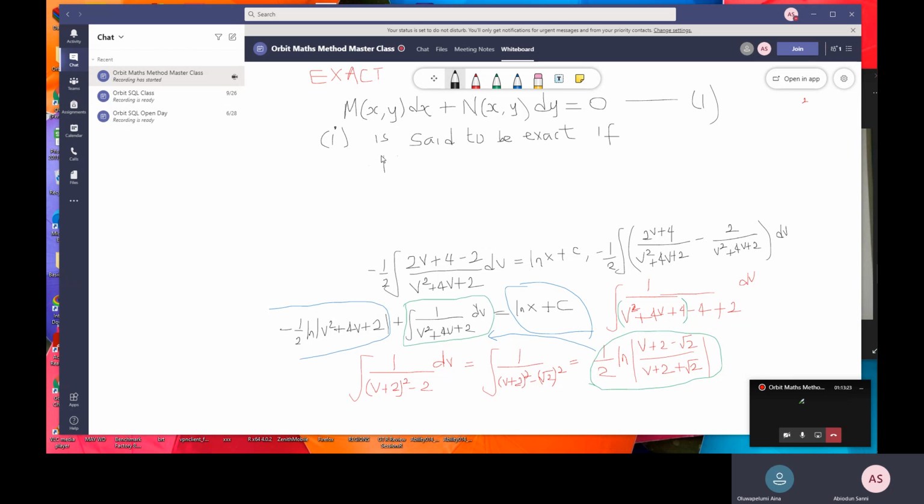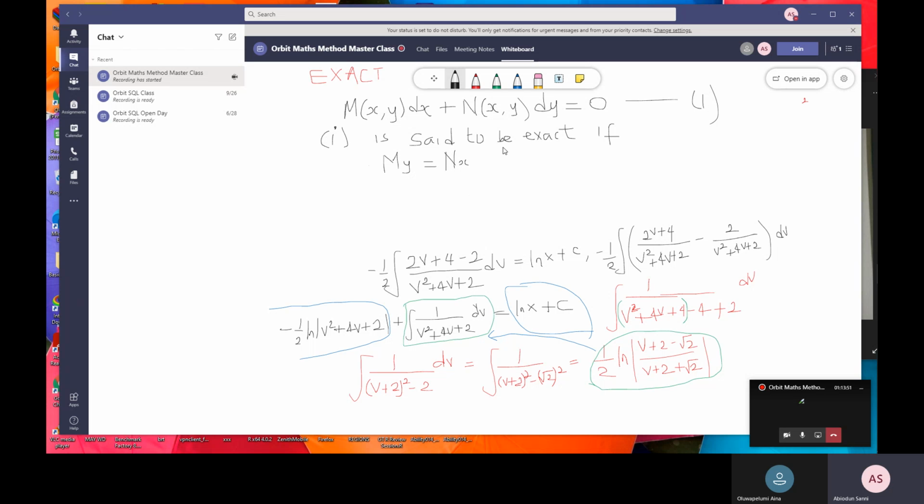Yeah. So an equation is said to be exact if ∂M/∂y equals ∂N/∂x. So what do I mean by this? It means if I differentiate M partially with respect to y, and I differentiate N partially with respect to x, if they are the same, then you say that equation is exact. Else, it is not exact. So